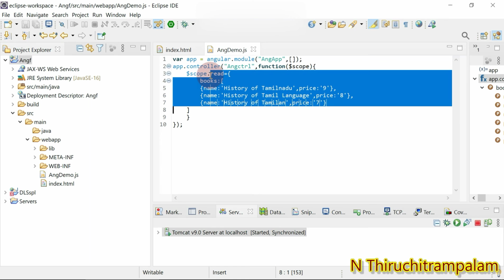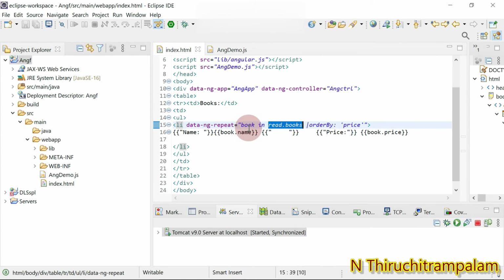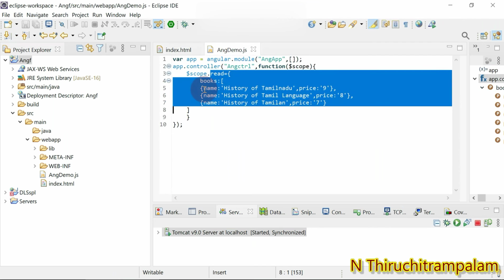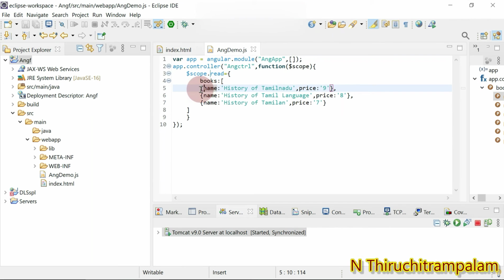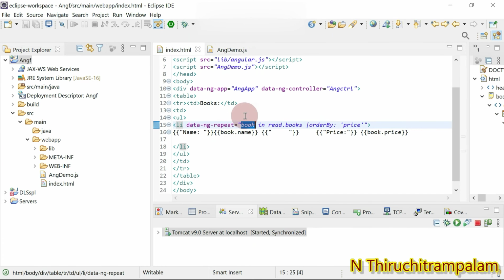Okay, and within this, I'm going to pick one object in the array of objects. All right, so that got stored in this book. One object of the array means which one? This one. So if you go here, you can find this is one object in the array of objects. All right, so this got stored in this book.